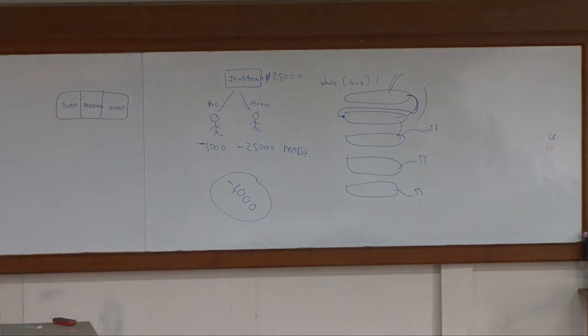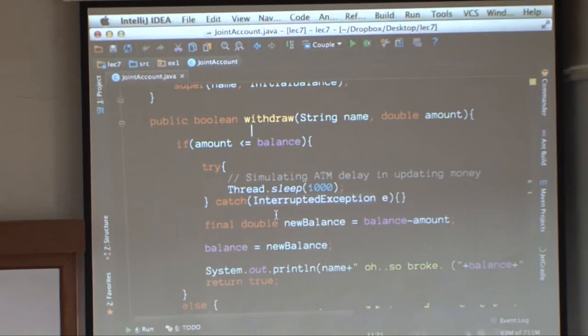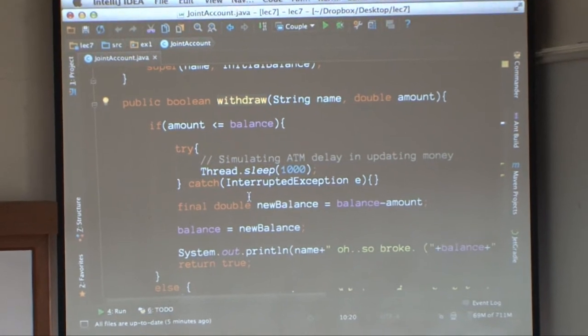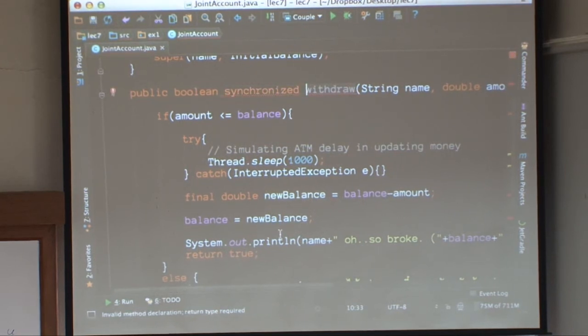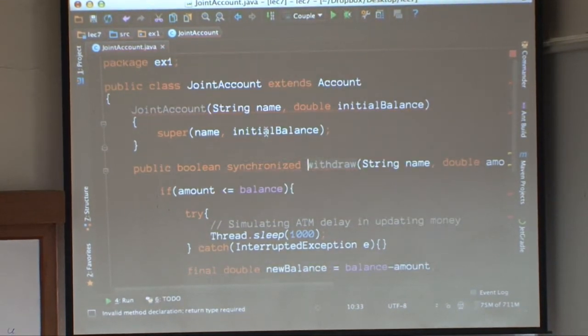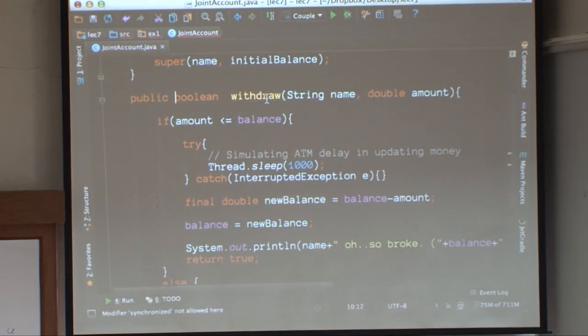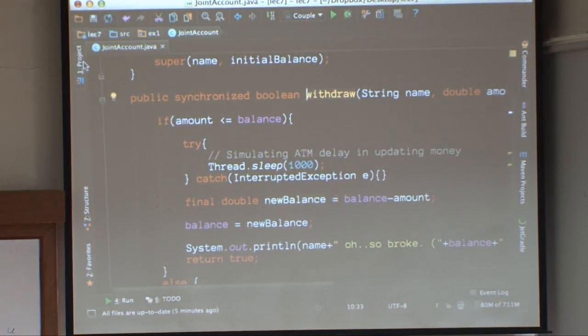So how do you ensure that only one thread can come in and access this method one at a time? You use what we call the keyword synchronized. Oh, whoops, sorry. I need to have this right before that. So if I made that change to ensure that only one thread gets to execute that method one at a time,